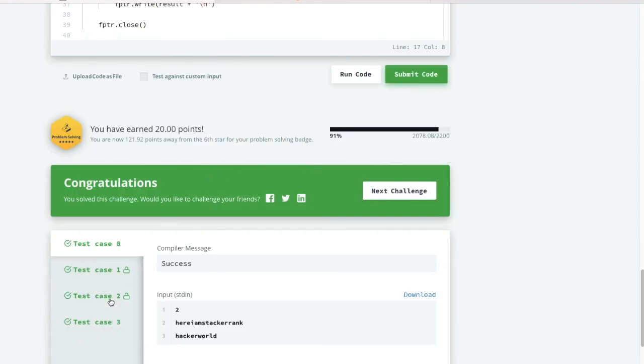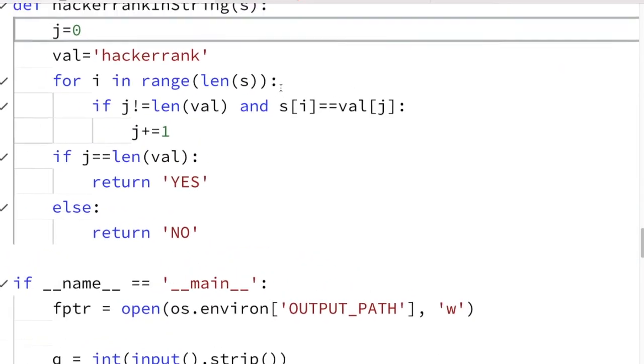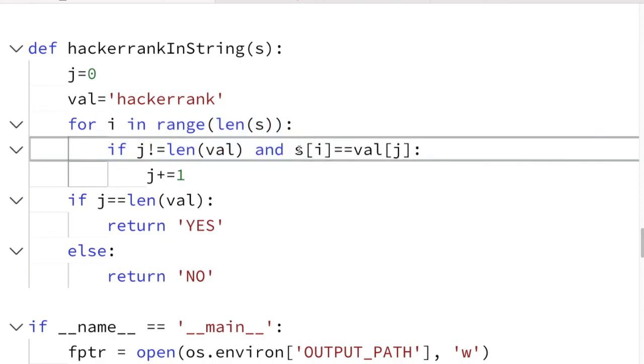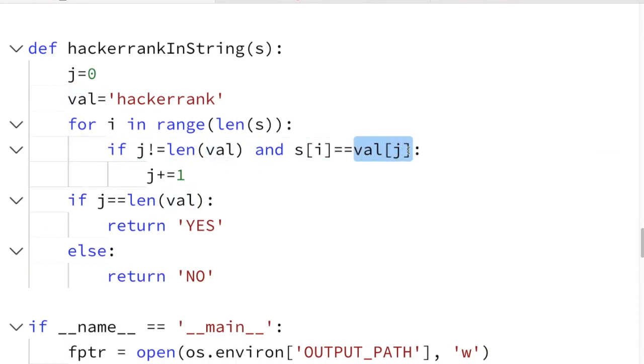So congratulations, we are done with all the hidden test cases. So this was the problem in which we have to just iterate till the length of the input string, and compare character by character in the input string and the HackerRank string.